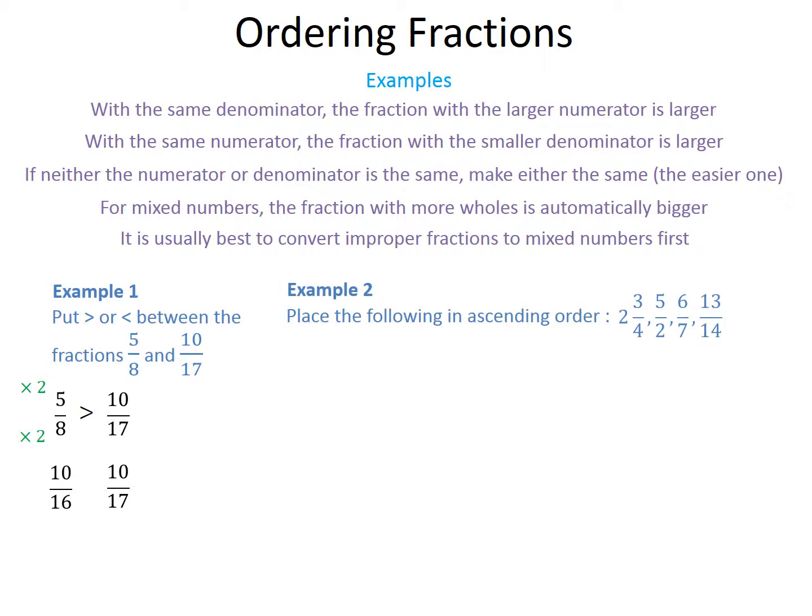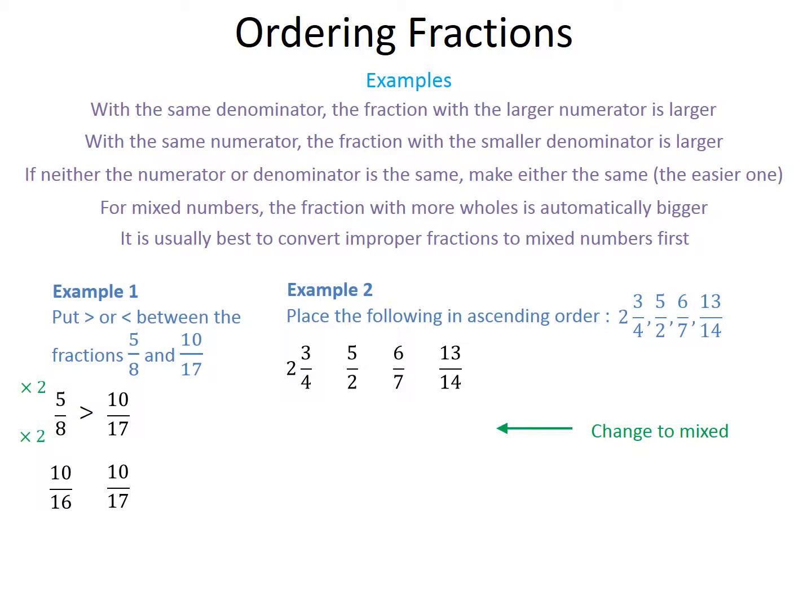In the next example, we're asked to place fractions in ascending order. Now, sometimes this is easy because they're not mixed numbers and they're all just proper fractions, and it's easy to get the lowest common denominator, or they're already all the same. That's great. I've deliberately picked a more complicated one here to show you a method of which you can do it when there's mixed numbers and when there's proper fractions and improper fractions all together. And so what we do is we start by writing down the four fractions,